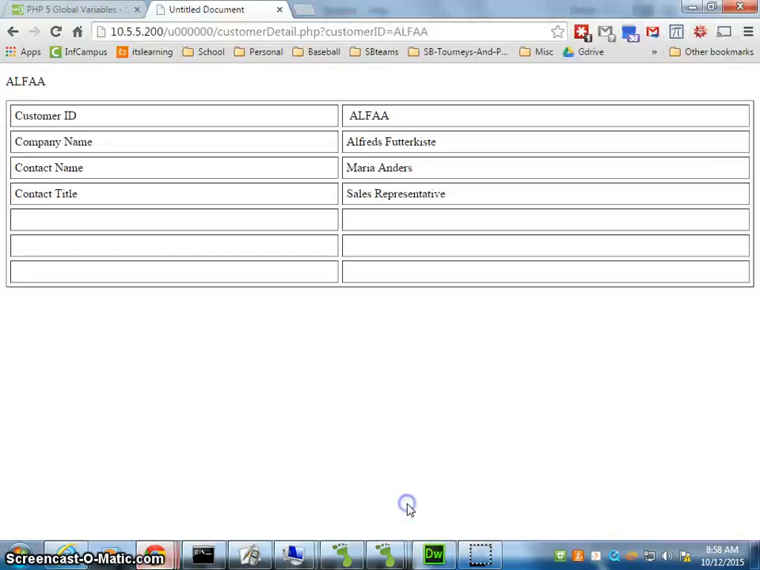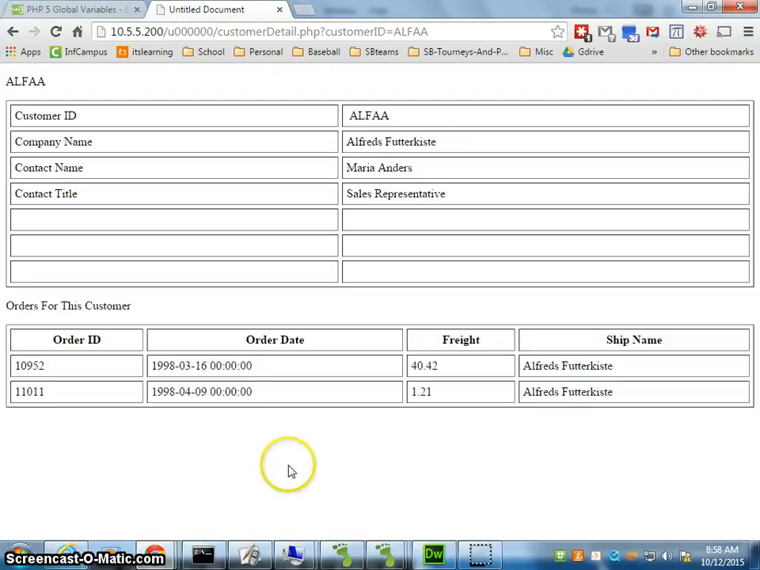And if we go back to our web browser, I can update this page. And we can see now we've got our detailed data for the customer, and then we've got our table with the orders for this customer. Now here's the really neat thing, because this whole